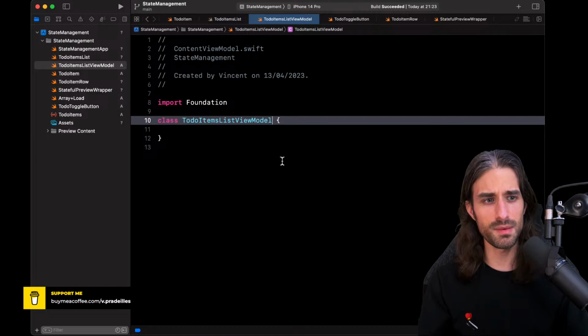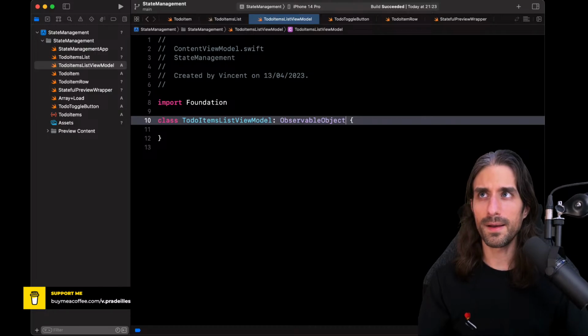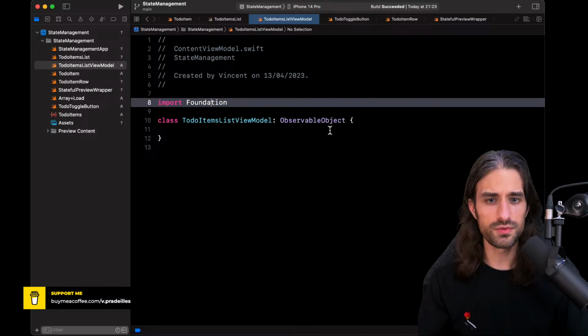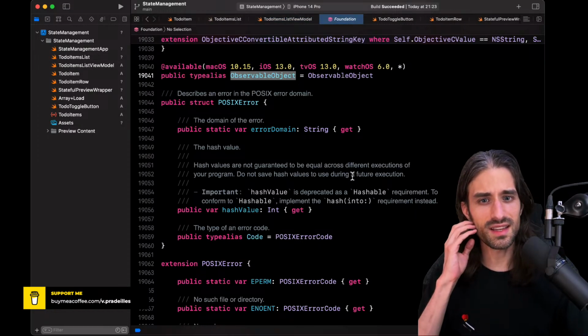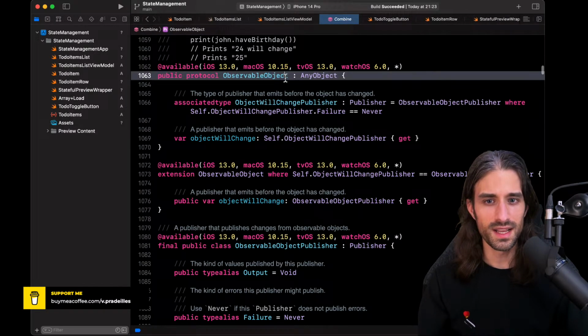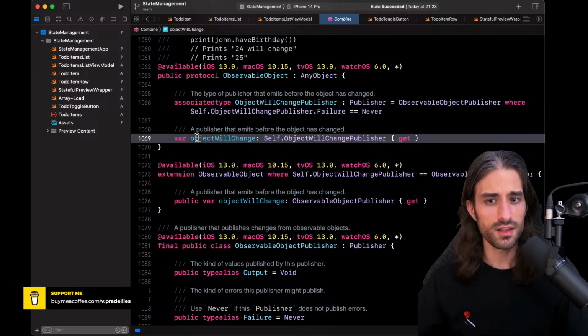And it's going to be a class that implements a particular protocol called ObservableObject. I don't need to import SwiftUI for that, but I want to show you what is inside ObservableObject. It's a type alias, so I want to go to that one. It's a protocol that can only be implemented by classes, and it has only one requirement, which is to have an objectWillChange publisher, to which you can send an event, which is of type Void.